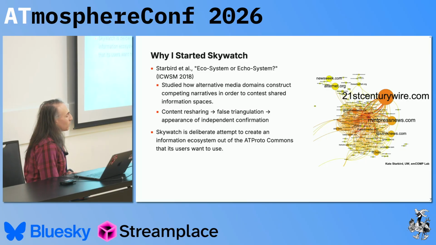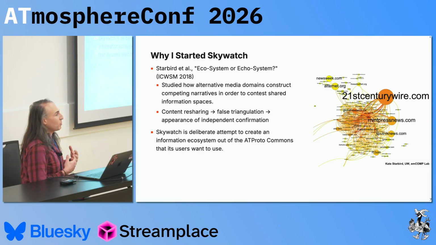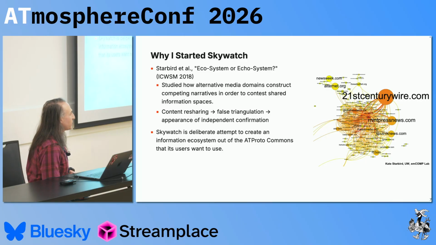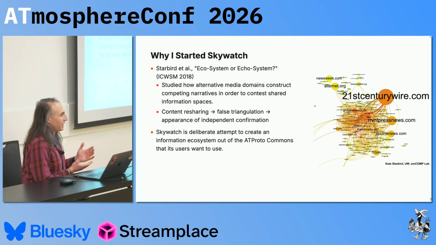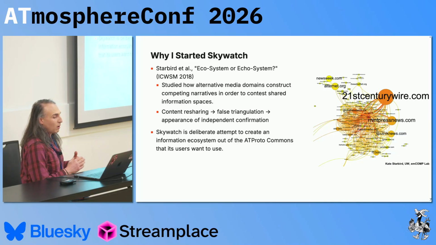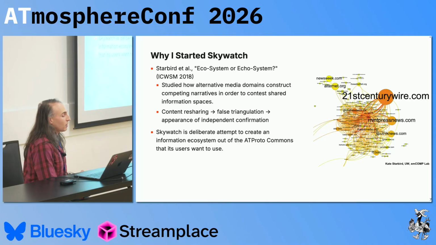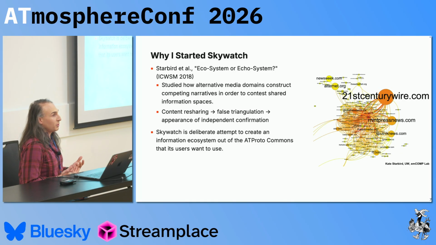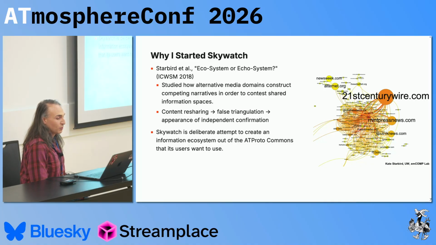Skywatch came about because Bluesky offered a means to shape my personal information space and the information space of anybody who chose to use the labeler, which at the time was a small handful, well, a few dozen people. And I think it's important to remember that all labelers and content moderation do this to some extent, whether the admins of it are conscious of it or not, but we should be honest about that. And so I've always tried to be open about my motivations, just that Skywatch is opinionated. It embodies a set of values and ideas about what users want to see on their timelines, and so this is what I mean when I say the project is inherently political.